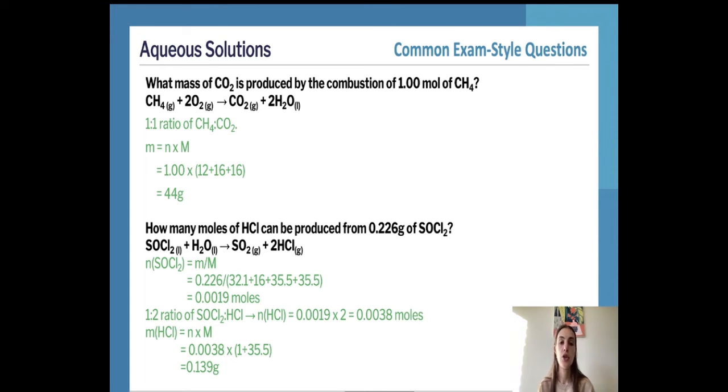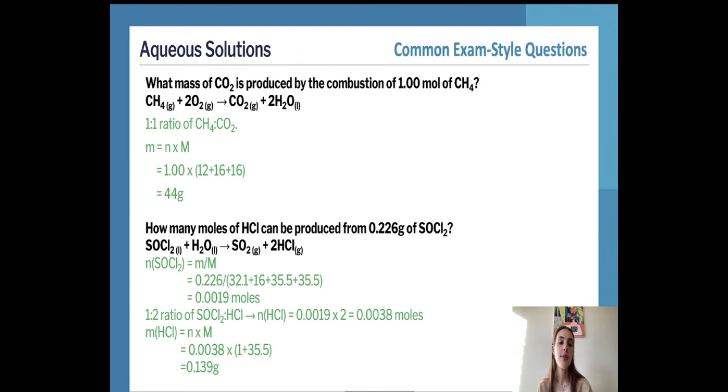So to convert back to grams, we'll use mass equals moles times molar mass. That's our moles of HCl, 0.0038, times the molar mass of HCl, which is 1 plus 35.5. And then that's going to give us